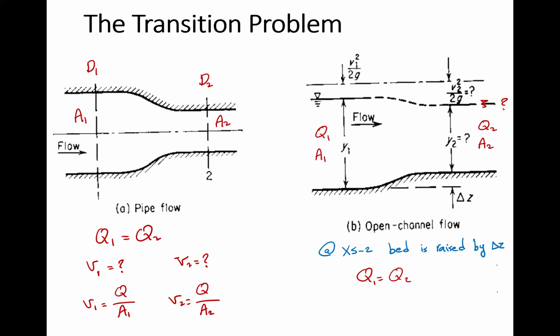Or it might do something else because there's nothing to stop the flow from going up, right? Maybe it goes up there because there's no wall, no pipe wall to stop the flow. It could be anywhere, unlike the pipe flow, right? So